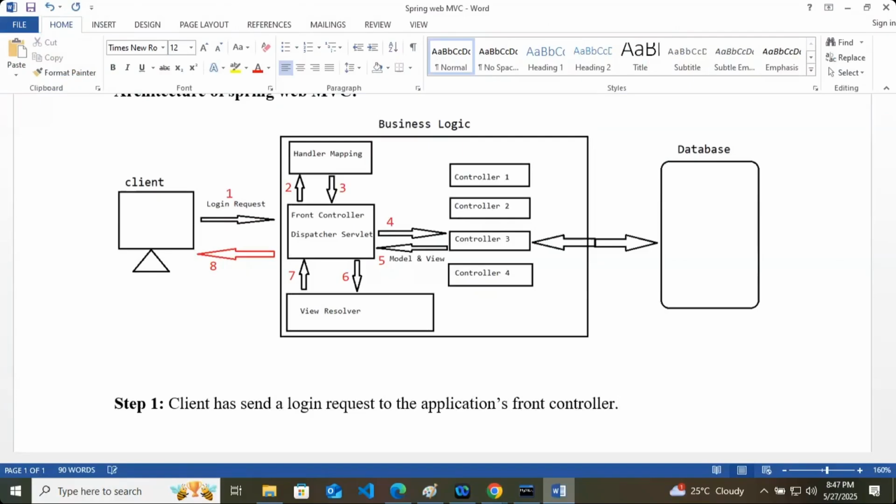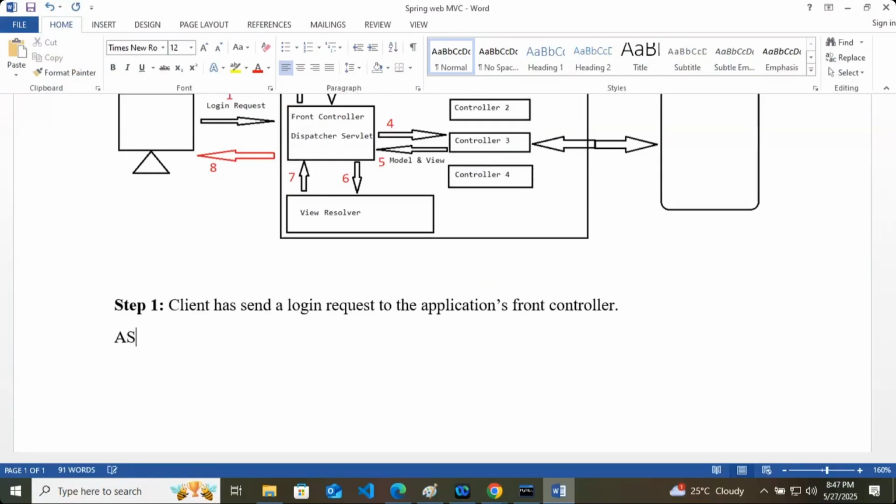In the second step, which is step 2, the front controller does not know which controller has the login logic.